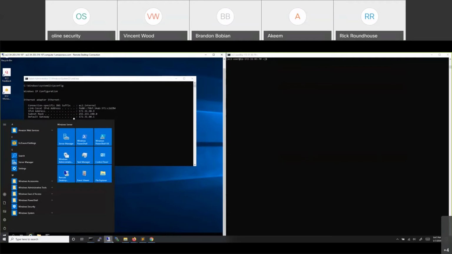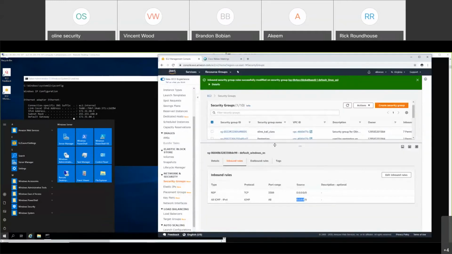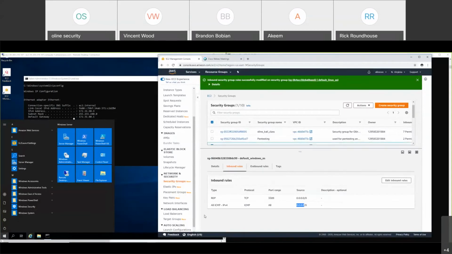We'll look at the host base and the network base. So let's go to network first. It's more familiar with everybody. We just go back over here and we would remove this entry. I don't want to remove it now because I want to show you the host base level, but we would just remove this entry right here.